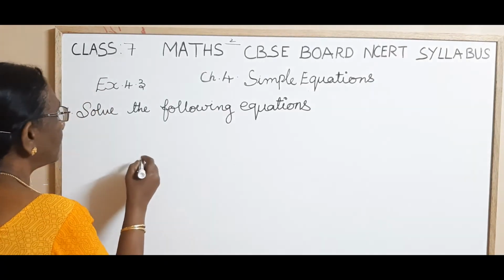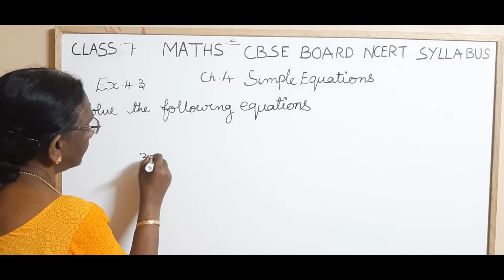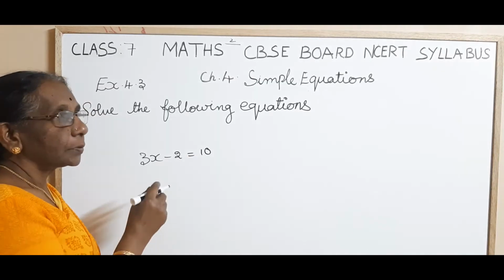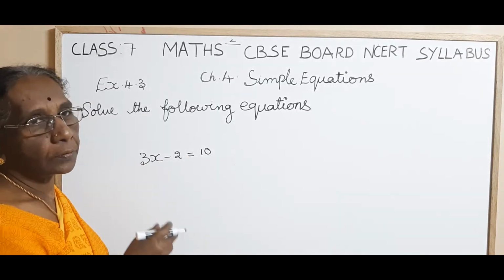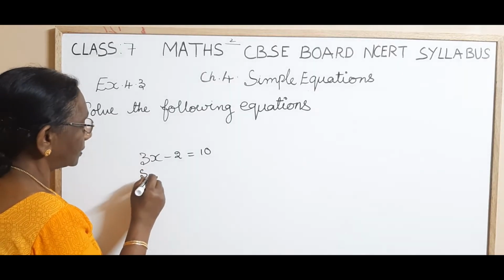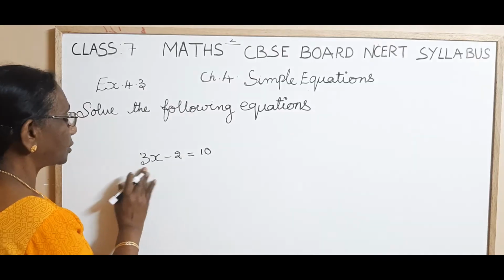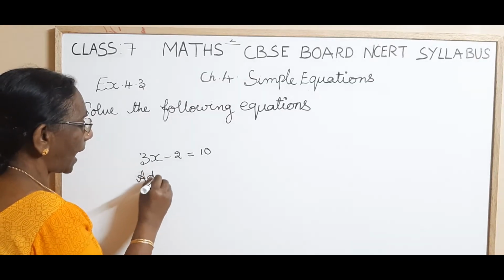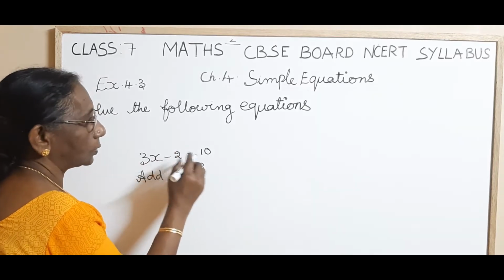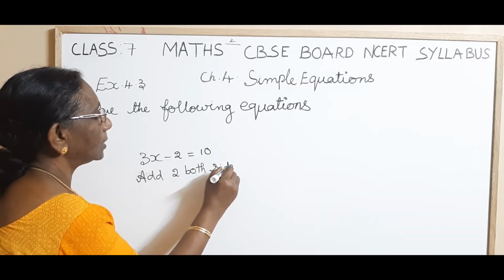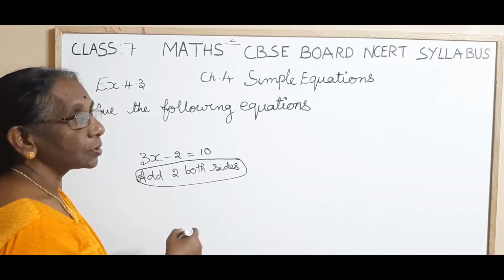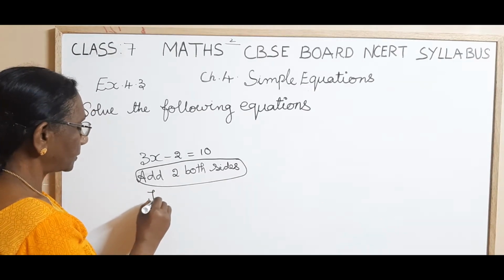Suppose we are going to solve the equation 3x minus 2 is equal to 10. So here first we have to eliminate 2. For that, what step will you write? Not subtract, here it is connected with the subtraction operation, so you will write add 2 to both sides to eliminate the 2. Isn't it, children? So instead of this step, we are going to write transpose